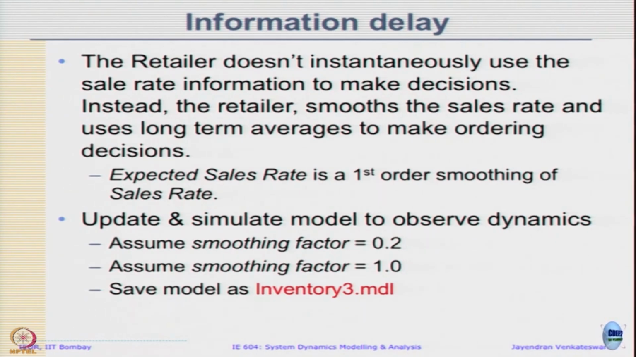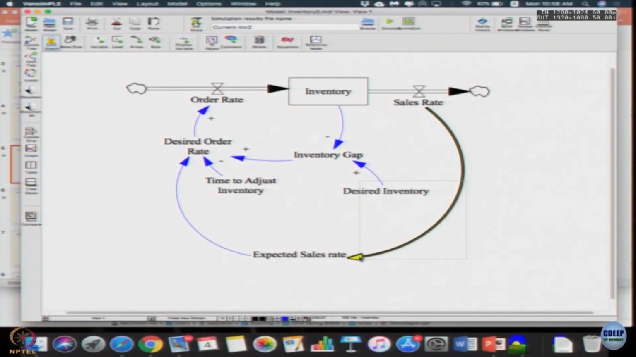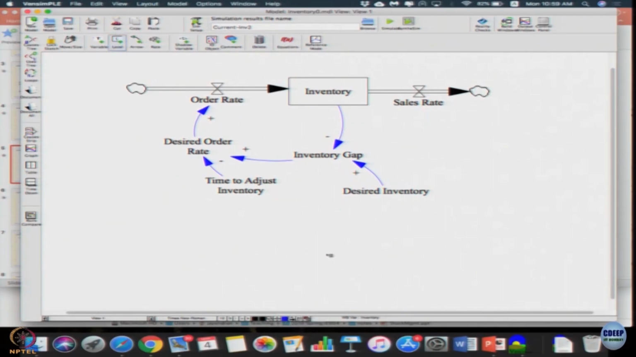So, what we are going to do is, instead of this causal link, there is going to be an information delay here, but we are going to model it explicitly. We are not going to use a smooth function or anything, we are going to model it explicitly. To do that, just stay with me here, I am going to delete this variable, and introduce expected sales rate as a stock,